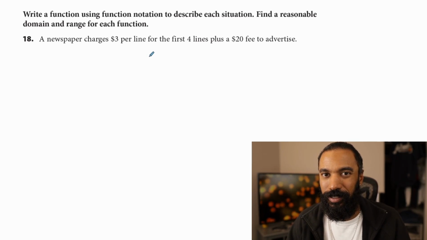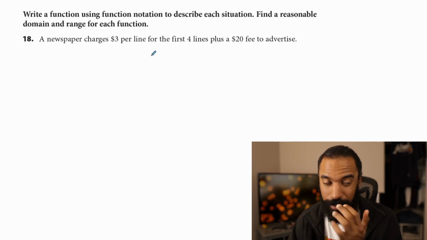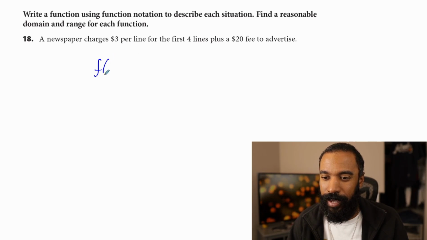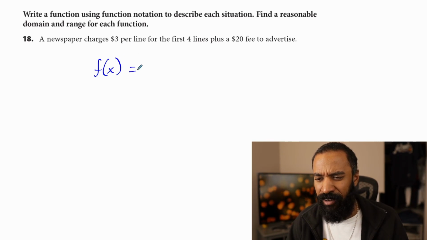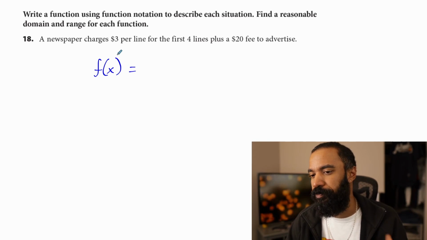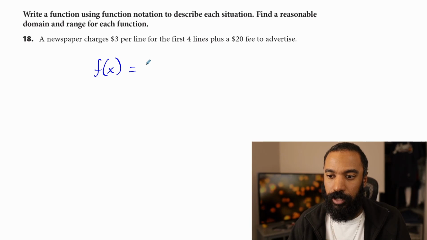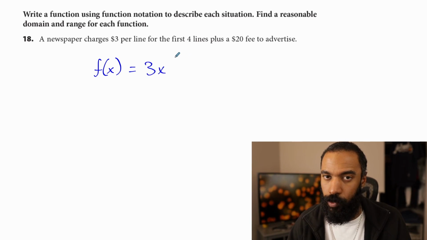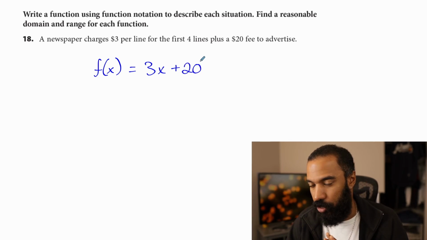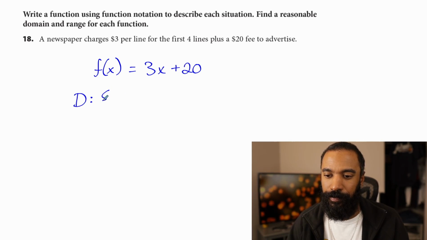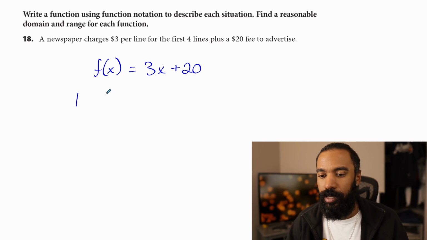I like to include 0. But let's say that in order to even be considered, you have to at least have a line of advertising space. So let's do this one a little bit differently. So f of x, excuse me again, my fault. F of x here, the amount of dollars that they're going to charge you is dependent on the cost per line times the number of lines that you are using, up to 4, plus a $20 fee just to start up. Okay. Let's say for this domain this time though, you can't